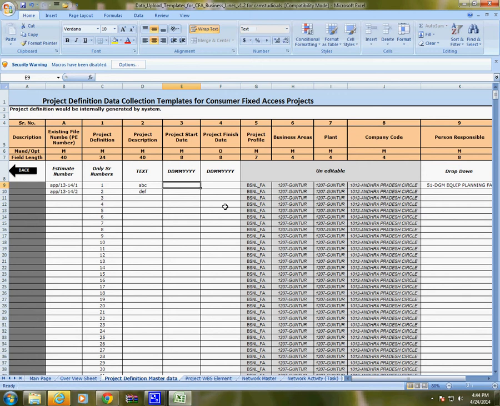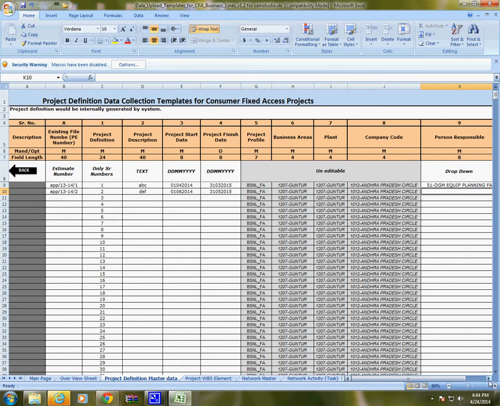The start date is 1/4/2014 and the finish date is 31/3/2015. For the other one it is 1/06/2014 and 31/5/2015.